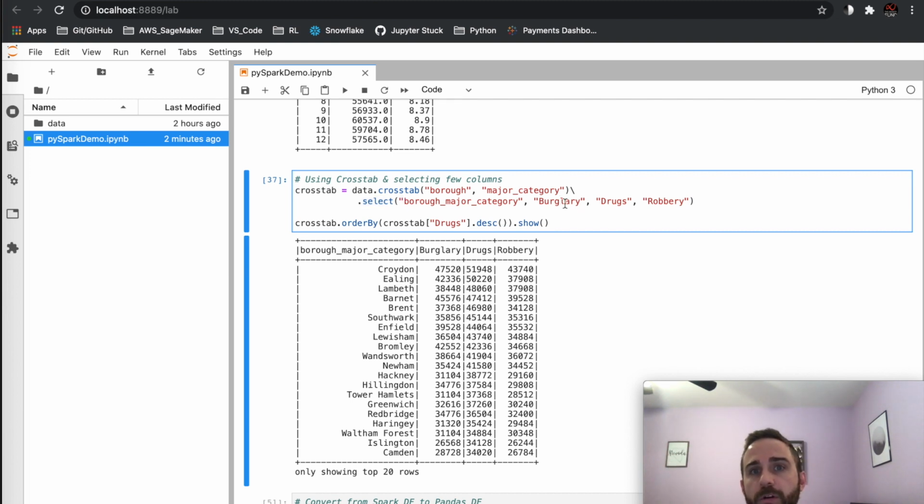So I only want this borough major category, which is the concatenation of the crosstab borough major category. They smash it together. So I want to keep that first one, and then burglary, drugs, and robbery are the 3 that I want to look at. And then I order by drugs descending. So I want the highest amount of drugs listed first, and so I can see that Croydon had